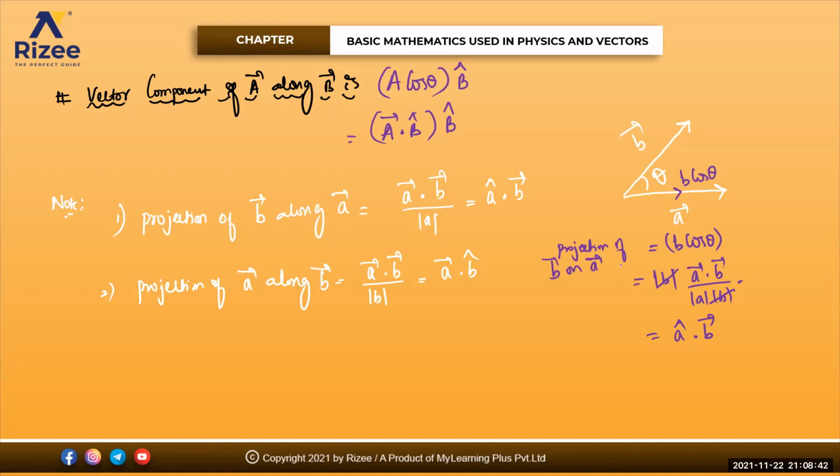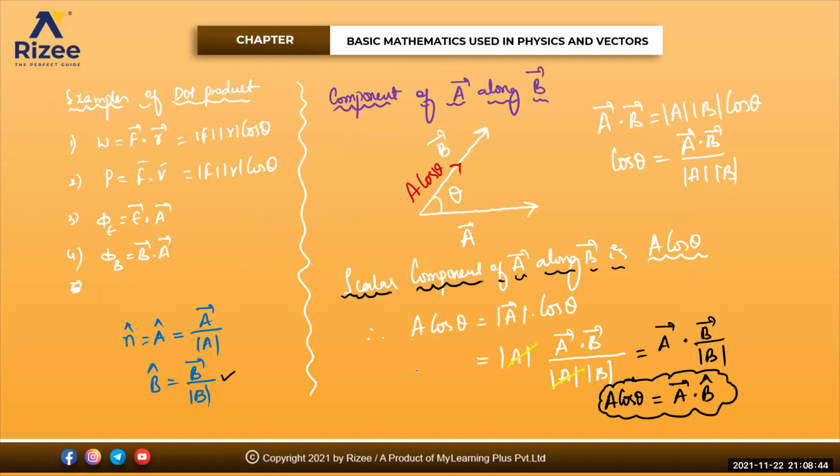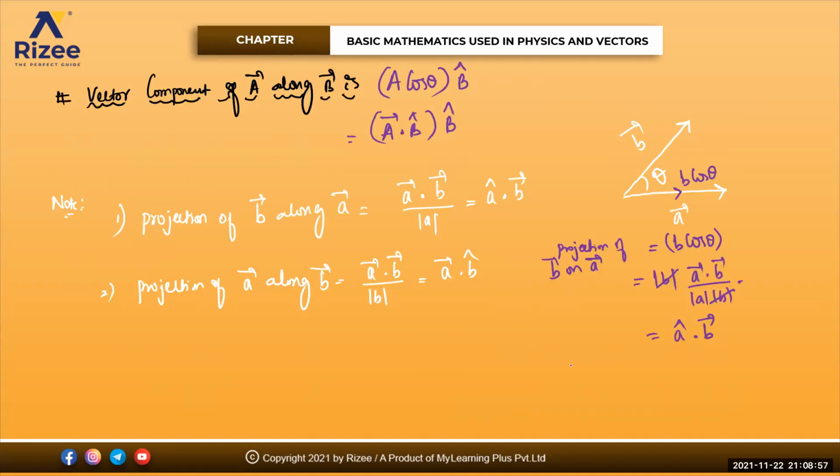This one is known as projection of B bar on A bar. That means B cos theta. Projection of A bar on B bar is A cos theta. Clear for everyone? You need to practice this very clearly. Try to go through the recorded version 2-3 times, and you will get an idea. Any doubt on this to anyone? Please let me know.